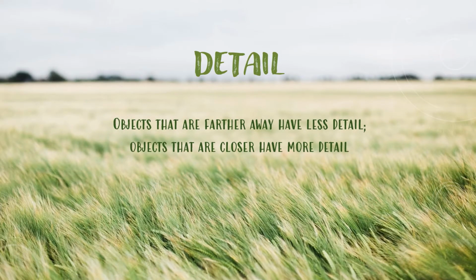Detail. Detail is how focused something is. Objects that are farther away are blurry and have less detail, while objects that are closer are clearer with more detail. Notice how you can see the individual blades of